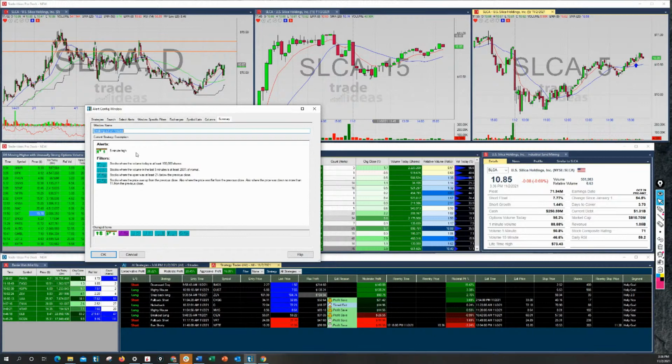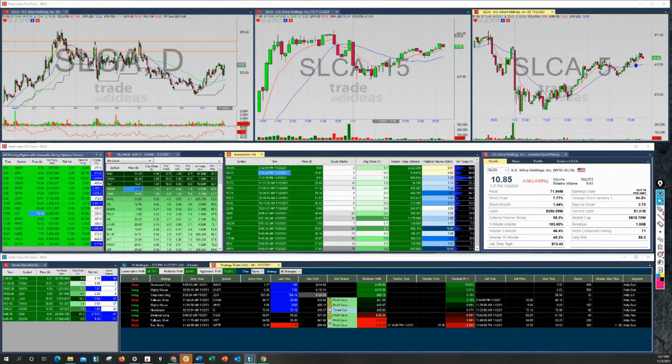This is what we built. We're looking at a 5-minute high as the catalyst to get that. These filters all have to be matched. So we're looking at least 100,000 shares traded today. We're doing 200% of normal, which is really 2 times what its normal 5-minute volume is. We want to see that the open was at least 2% below the previous close. However, we're trending up now with this change from close filter. All right, and there we go. We're going to press OK.